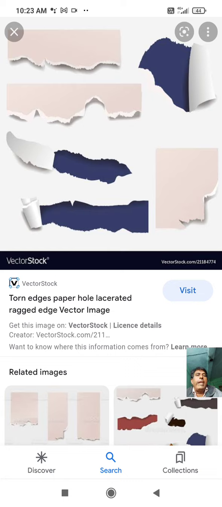So these are ragged edges. So you know the word ragging. Ragging came from probably,